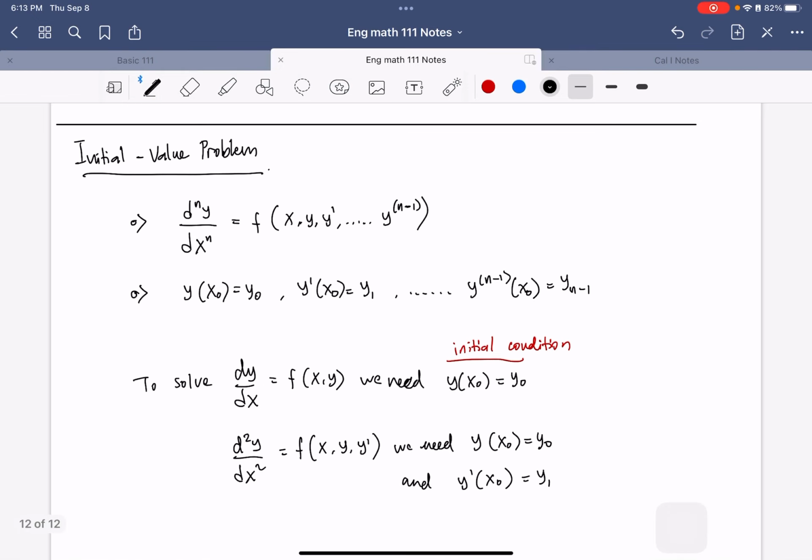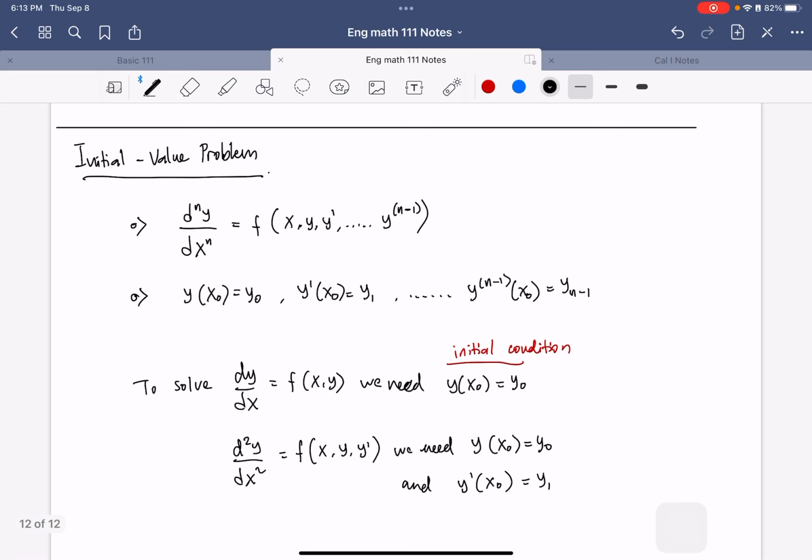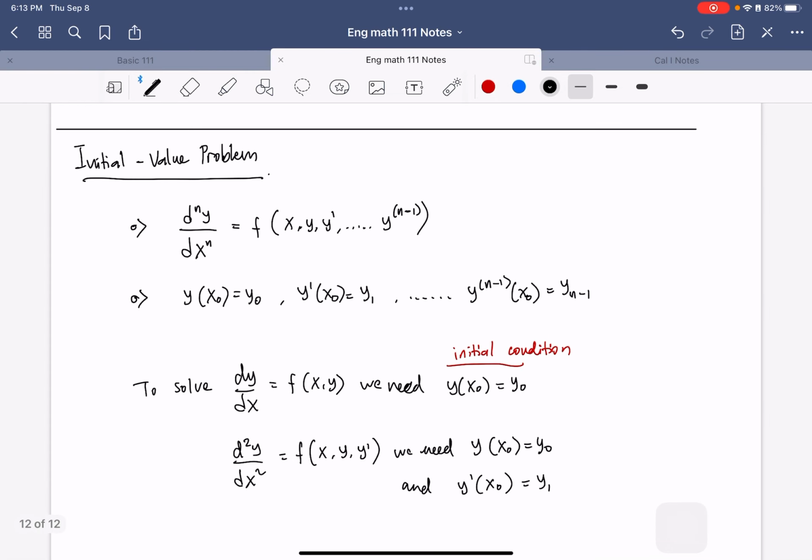We're going to look at that later on. After this initial value problem, I think